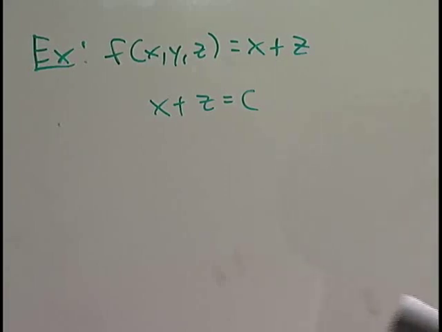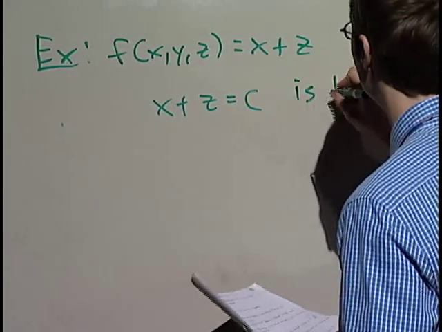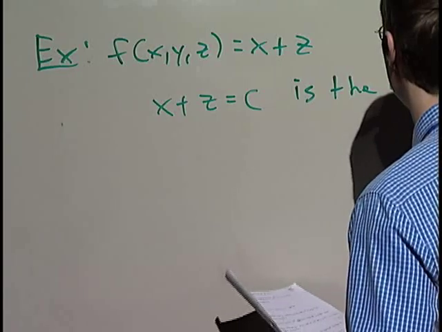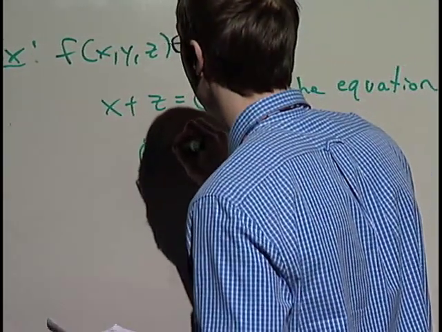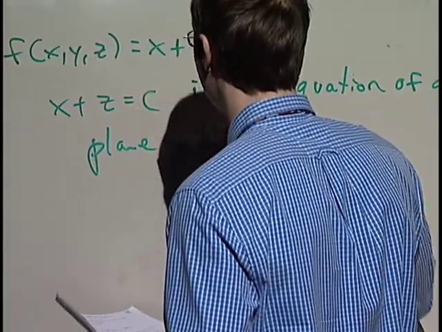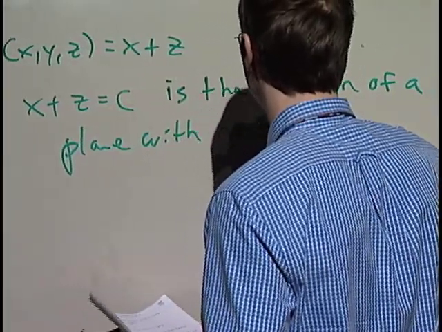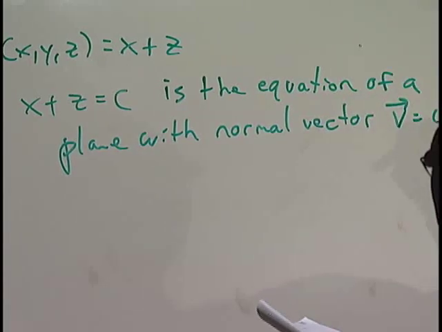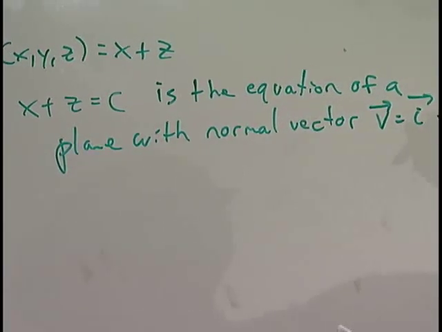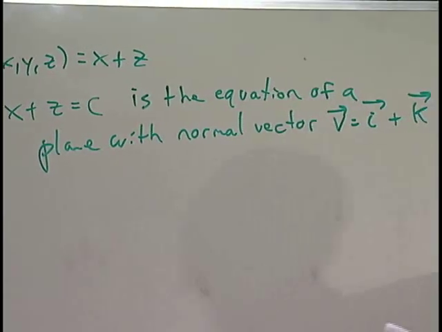Well, x plus z equals c. What is this? Well, we know it's the equation of a plane. It's the equation of a plane with the following characteristics. It has normal vector v equals i plus k, right? That's the vector normal to the plane,